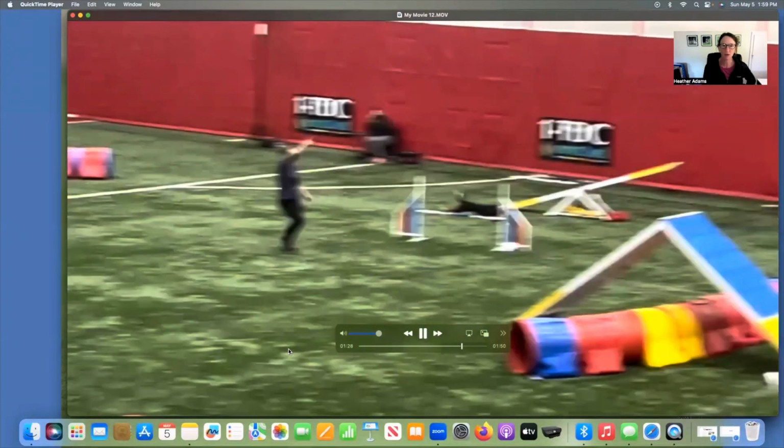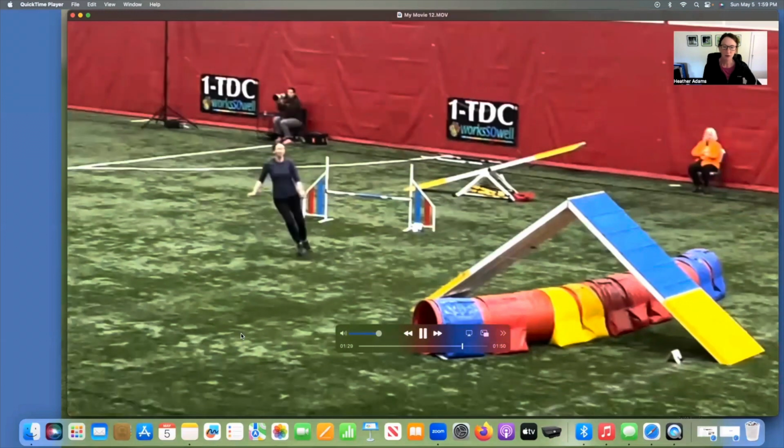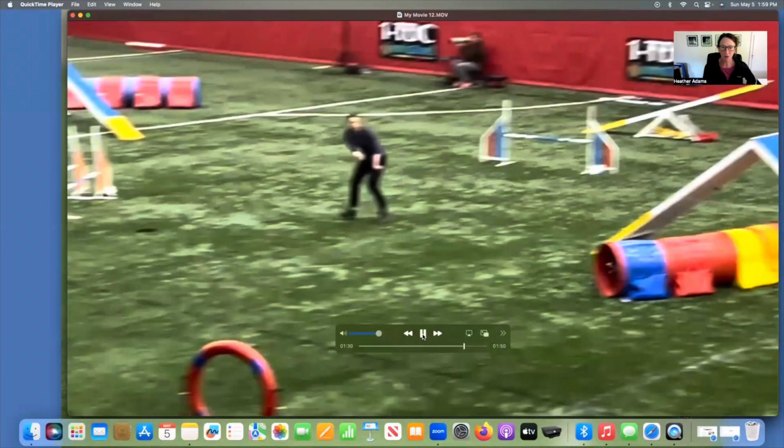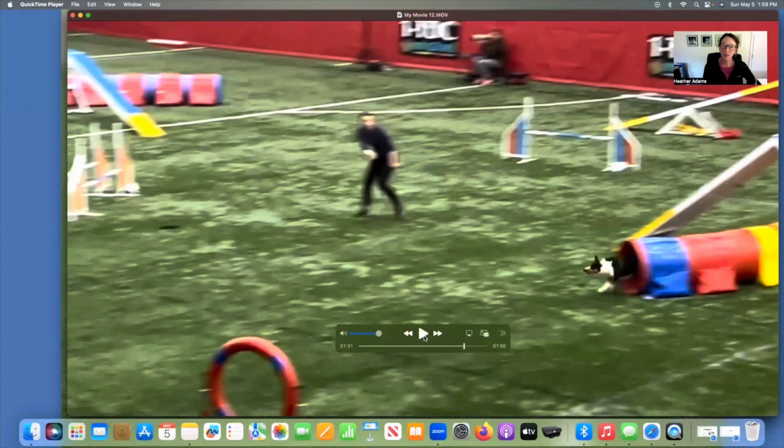Here we go. Tunnel. All right, so here's an example of where Star is going to do a lead change, but I am not changing what side she is on me. She's going to stay on my left. And I want you to see where she's looking as she's coming out of the tunnel. She's, of course, going to look for me on her right side because that's where she last saw me, was on the right. So she comes out looking for me,